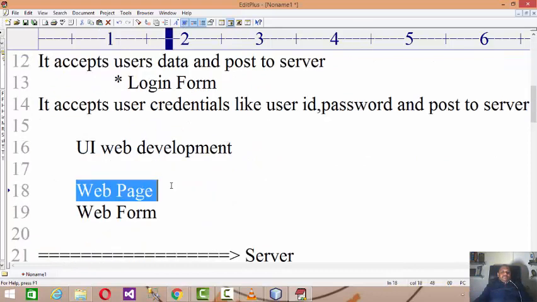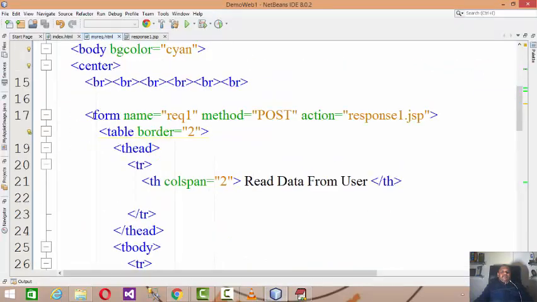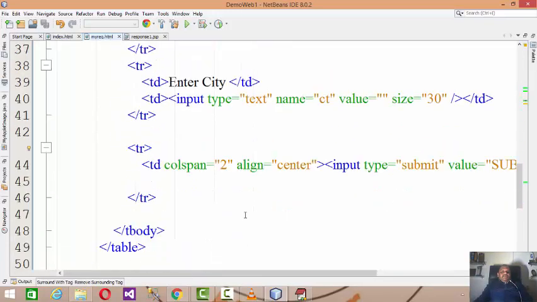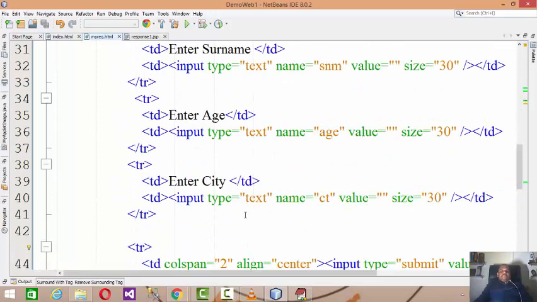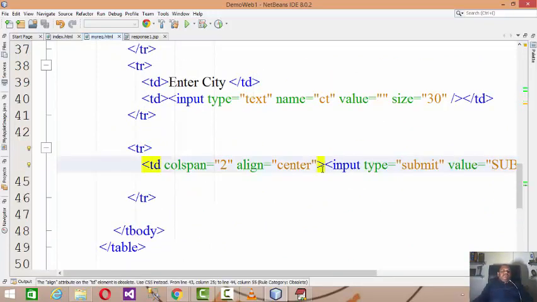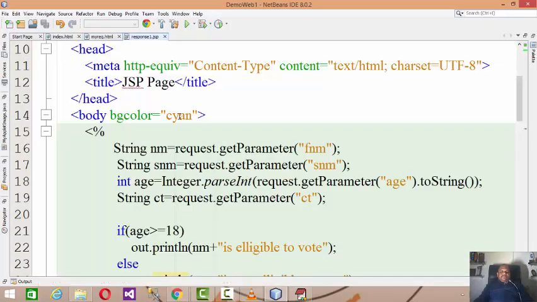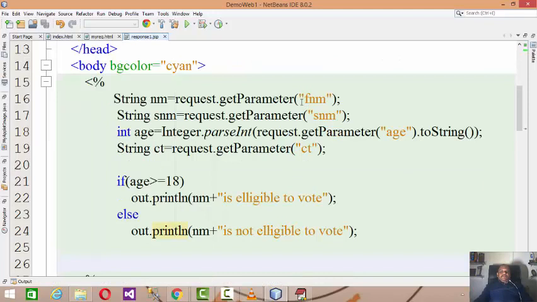Whenever you develop a web form, you should take help of the form tag. Form tag has the attributes name, method, action, and then you take help of the table tag to generate the web form. You should have a submit button which is able to post the data to the server, and then the response page will hold the data from the user.